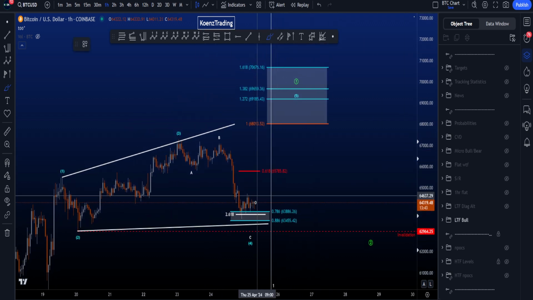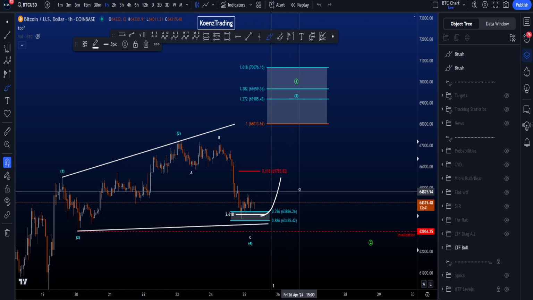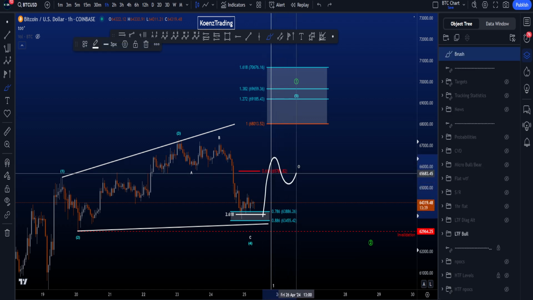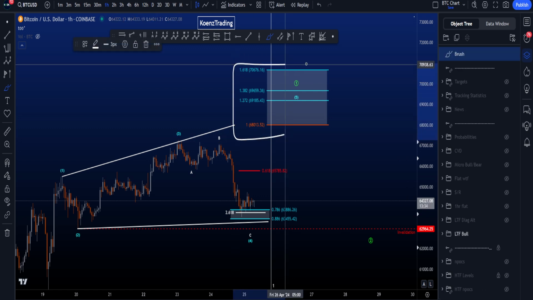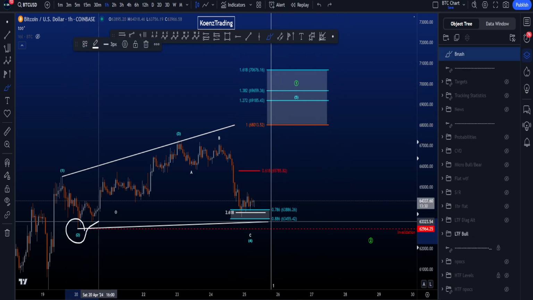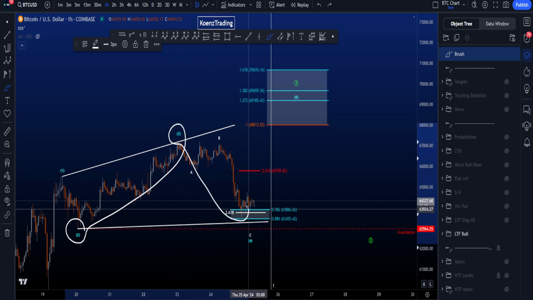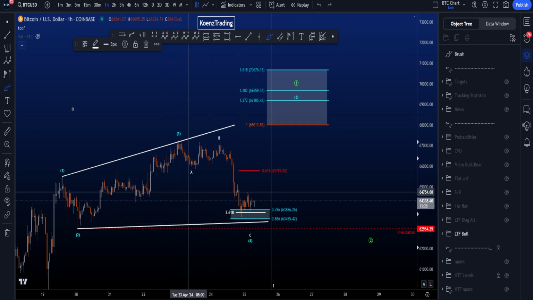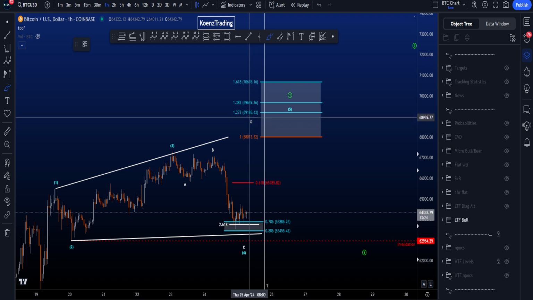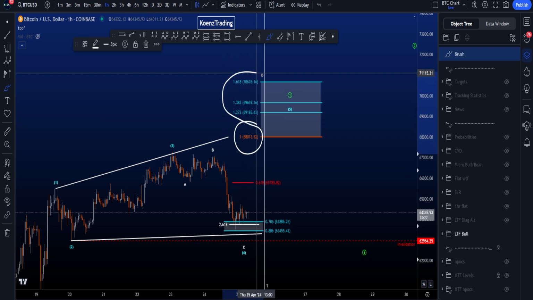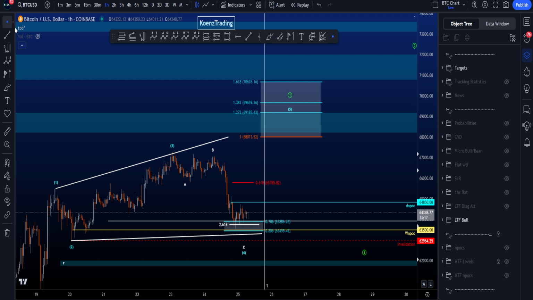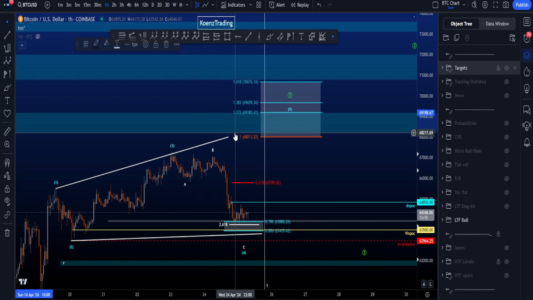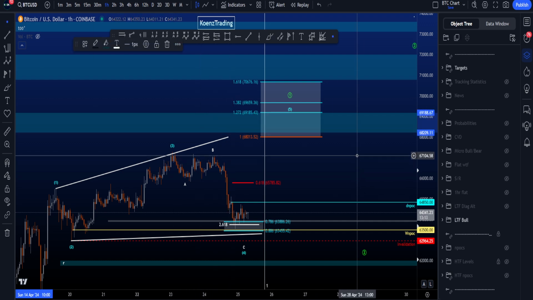In this scenario, we want to see price move towards the upside impulsively for then another zigzag in a wave 5. The common target area for your wave 5 is between the 1 and the 1.618 trend-based fib extension, taken from the low of 2 to the high of 3 to the low that we have at the moment over here. This gives you a target area between 68k and 70.7k. In this area, we have some additional resistance as well, which is the blue box here, sitting between 68.2k